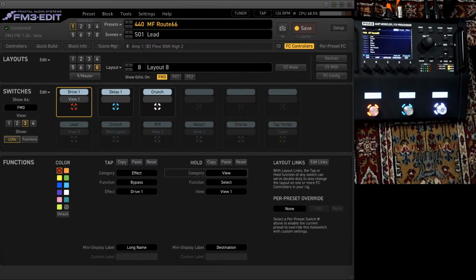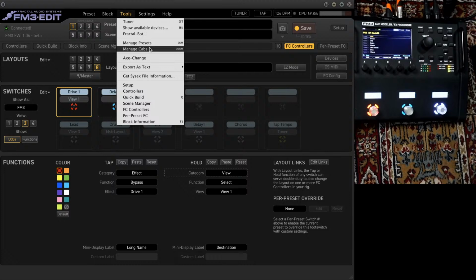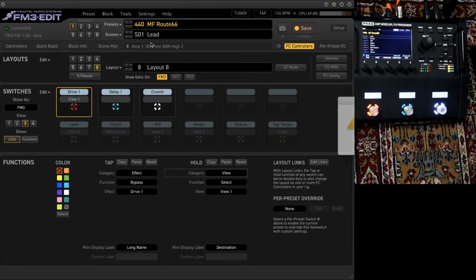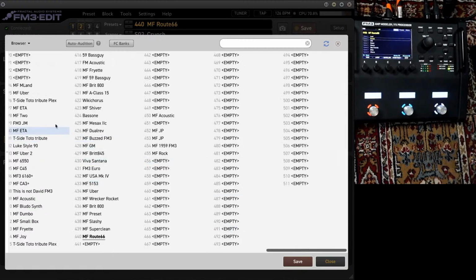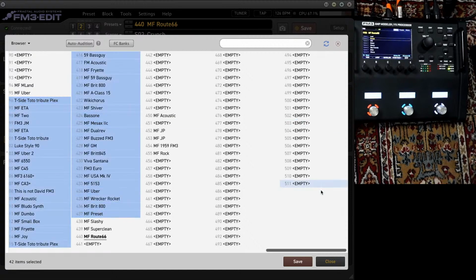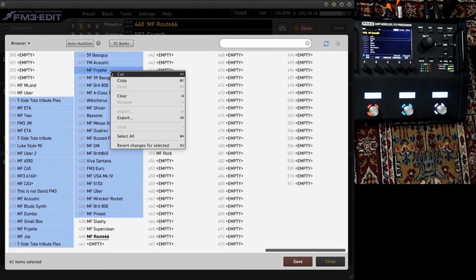Yes, Fractal Bot is... no, you can drag and drop multiple presets and cabinets in the preset manager. Exactly. I didn't show you, and I don't want to explain all the functionality of the FM editor, but if you go to Tools, you have the possibility to manage presets and cabinets. For example, in presets you can handle all presets here, shift, save, export. You can do anything you want. You can download directly.